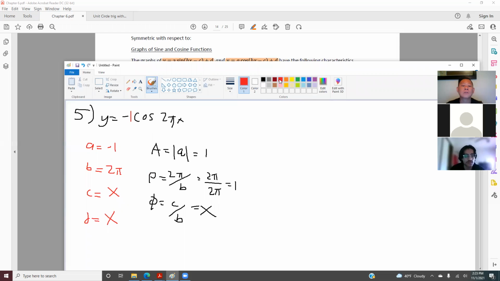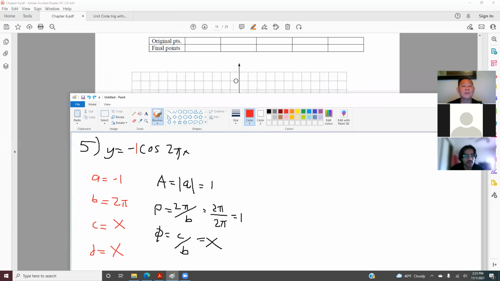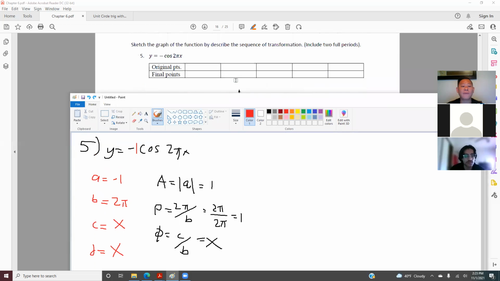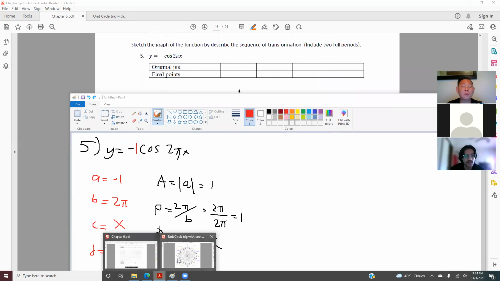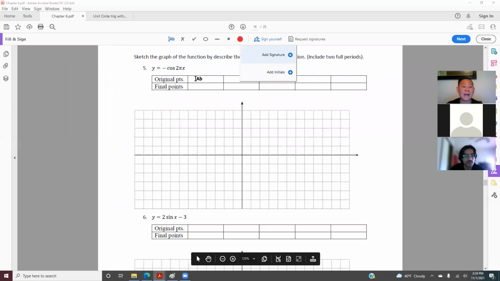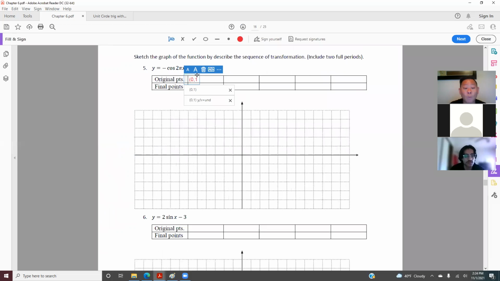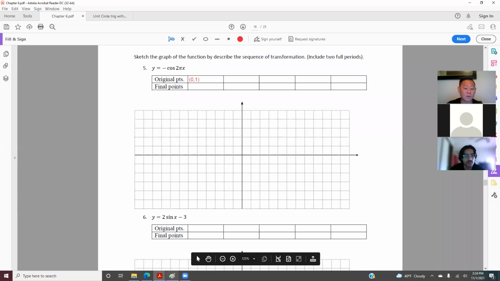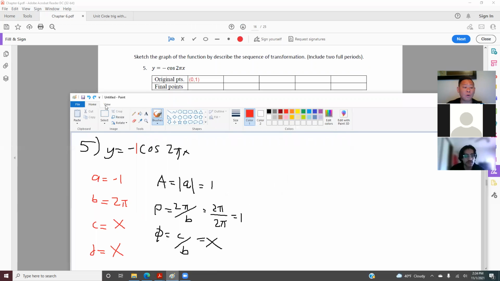Very important. The next thing we're going to talk about is where you start, and we need to figure out your 5 points here. How do you figure out your 5 original points? You remember the cosine wave, or if you want, you can look at your unit circle. The first point that we have for the cosine in this case will be 0, 1. Where do we find 0, 1 here? If you remember your cosine wave,